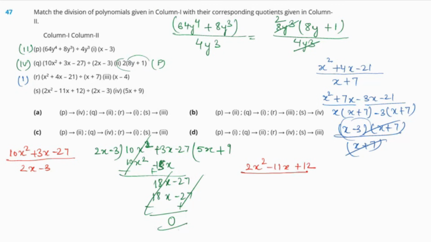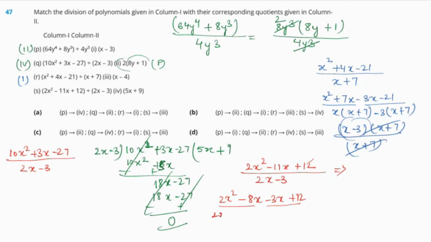We are supposed to divide it by 2x minus 3. Here also we can try with the factorization. So we need to factorize 12 times 2, that is 24, in such a way that when we add them, we can get 11. So 8 3s are 24 and 8 plus 3 is 11. So for this, we can go with minus 8, minus 3,